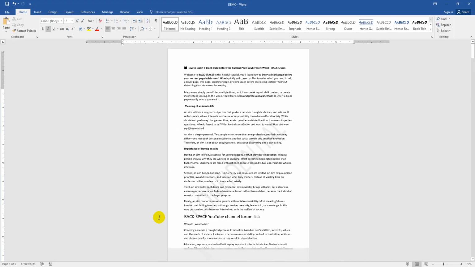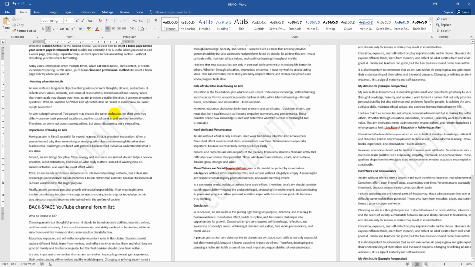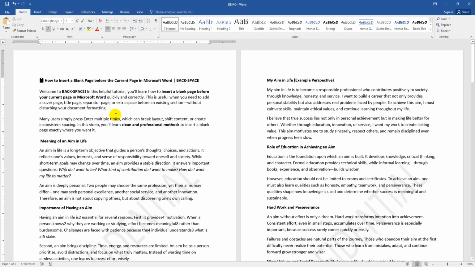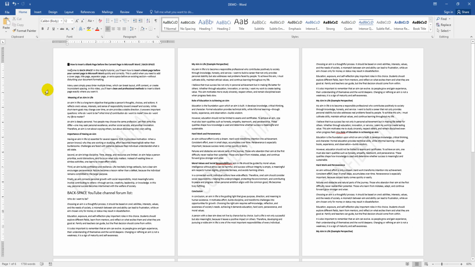So let's get started. We can see here many pages. Now I add a blank page before the current page. Here is the current page, and now I have added the blank page before it. Now, if you want to add a blank page before the current page,